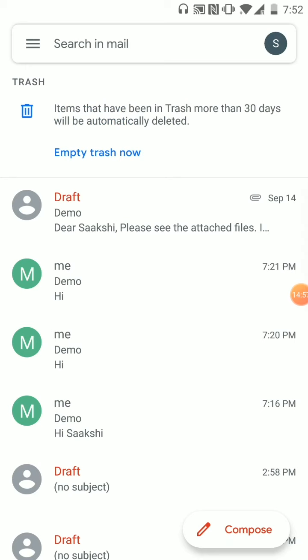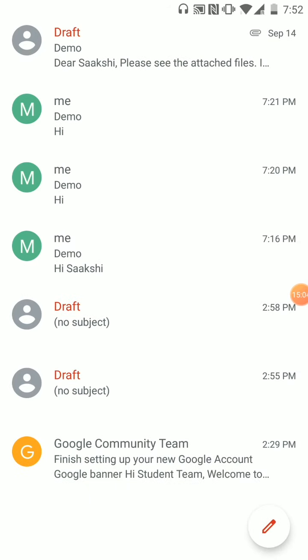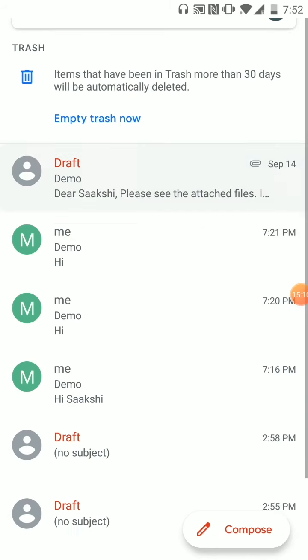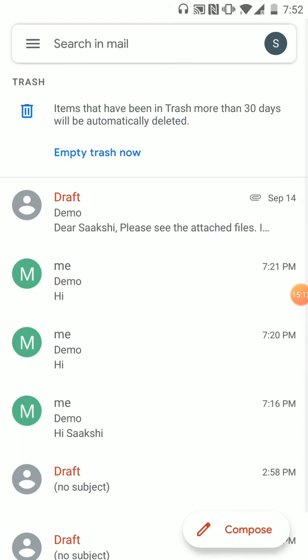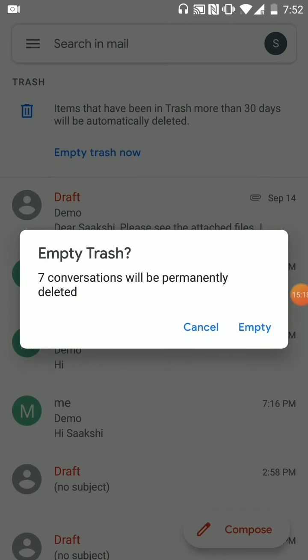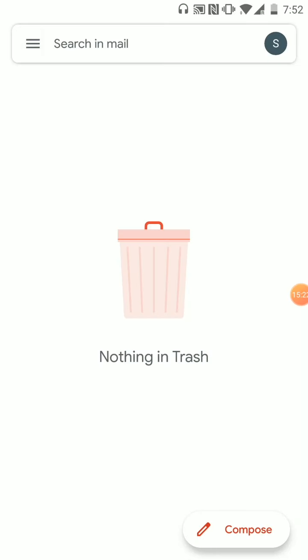Items that have been in trash for more than 30 days will be automatically deleted. So if you have deleted a mail, it will remain in your trash for 30 days, after which it will be automatically deleted. However, if you want to delete the mail immediately, you can just press on empty trash now and it will permanently delete all of these mails.